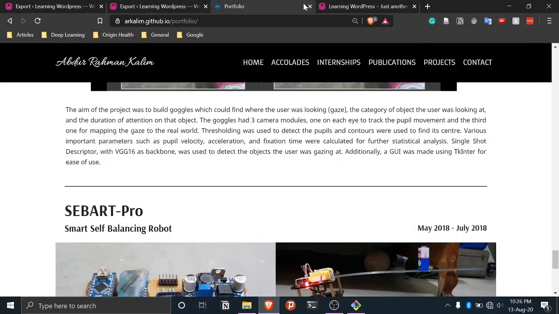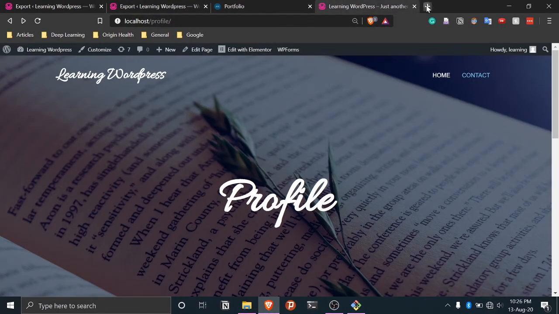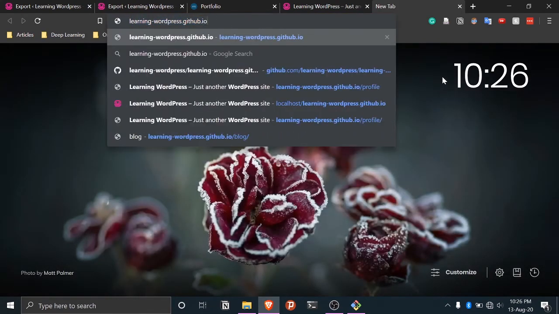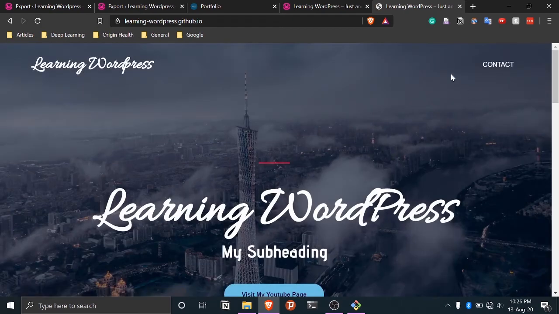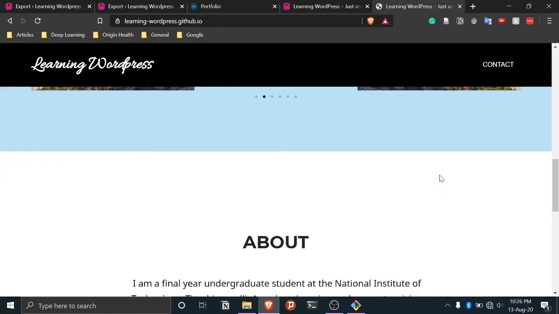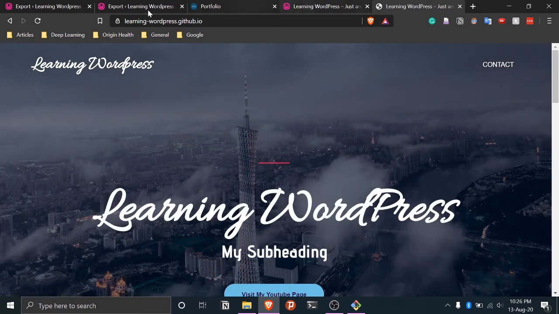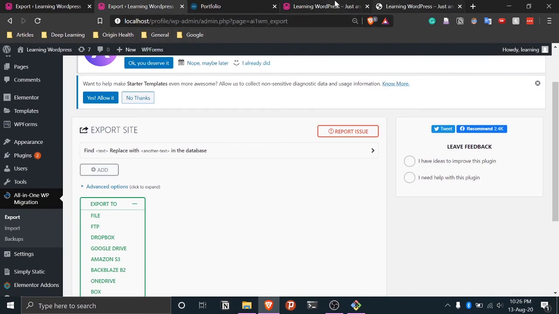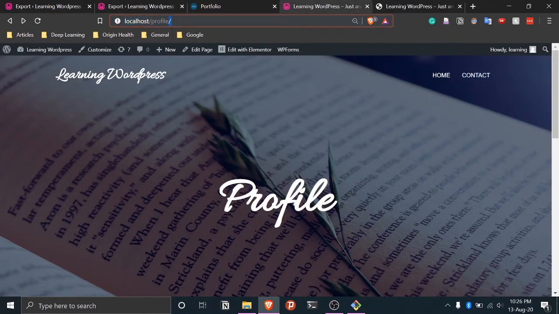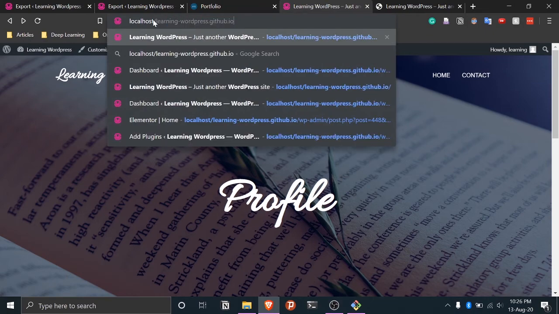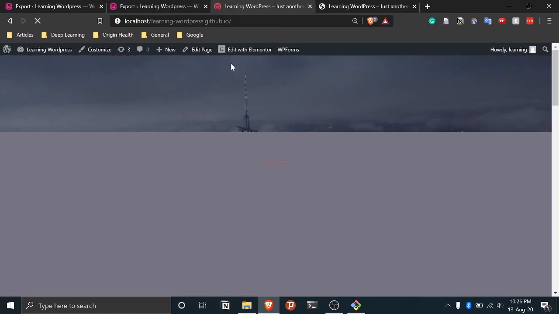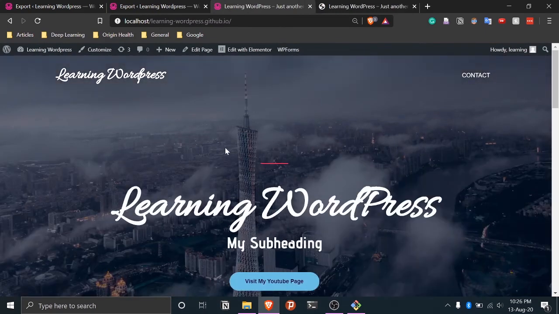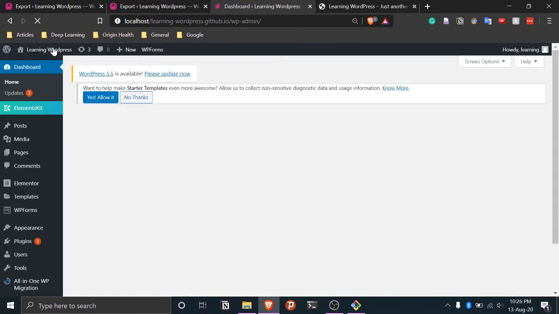So if we go to our home page, we'll see that there is no profile page, so there's no way we can go to the profile page directly. So we're going to add this now. We'll go to our local host, and here instead of profile we'll do learning WordPress GitHub.io, and then here we'll now go to our dashboard